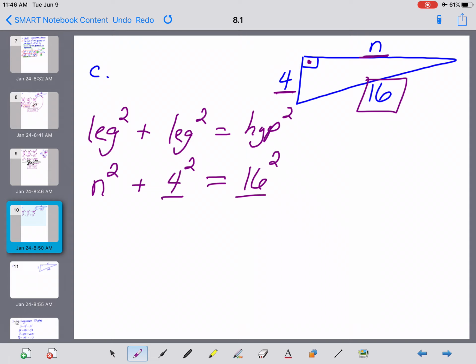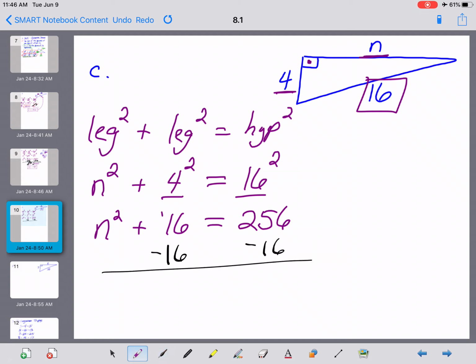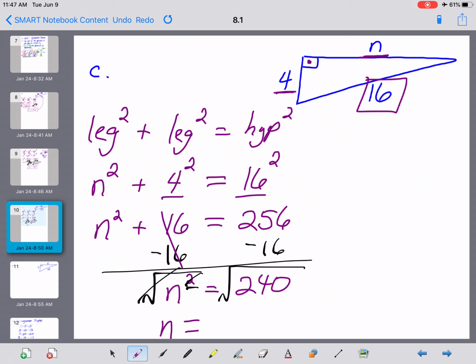Simplify what you can here. Can't do anything with the n squared. So n squared plus 16 is equal to 256. Moving right along, we subtract 16 from both sides, and those will cancel, which is going to get us n squared equals 240. We have to undo a square, which we do with a square root on the left and a square root on the right. The square and the square root cancel each other out, and we get n equals,